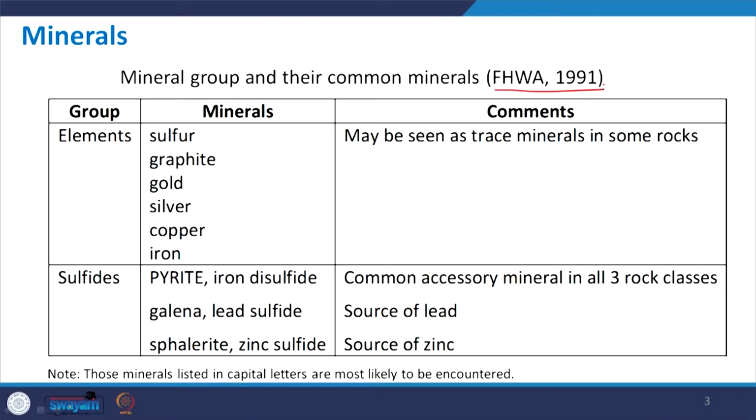So you see this has been taken from online available material, FHWA 1991. It deals with various mineral groups and their common minerals. The first group is called elements, which has the minerals sulfur, graphite, gold, silver, copper